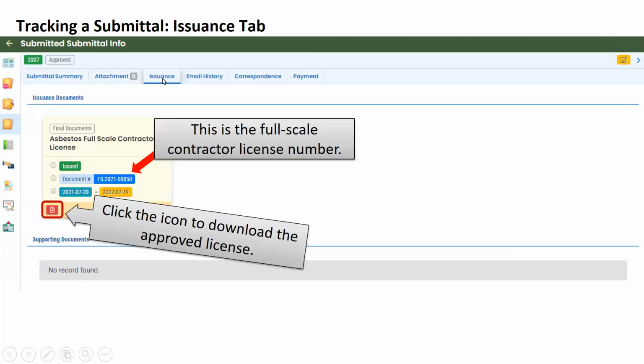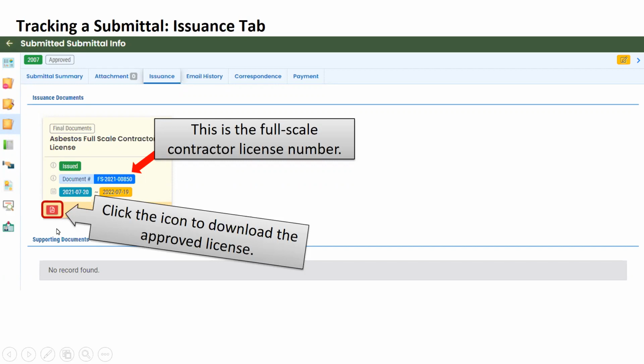So if we jump over to the issuance tab, you'll see that this is actually where your full-scale contractor license number that DEQ issues you will appear. So for anybody who is already licensed, we're going to use your same number. It's just that you're going to see that the year will incrementally increase. So again, this year, if you come in and you use the system to submit your license application, you will find that it'll have 2021. Next year, you'll do it again. The number that is assigned will be 2022, and then the same numbers that you've been issued for years and years and years.